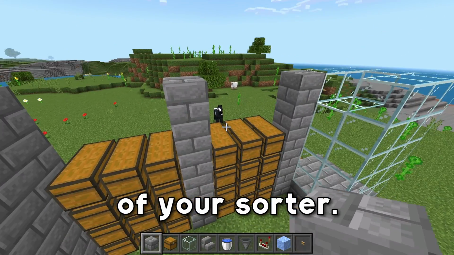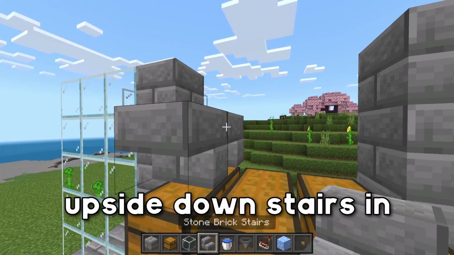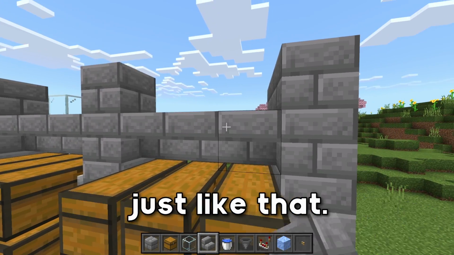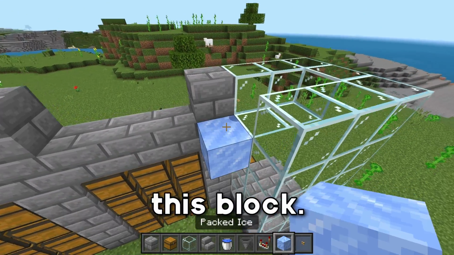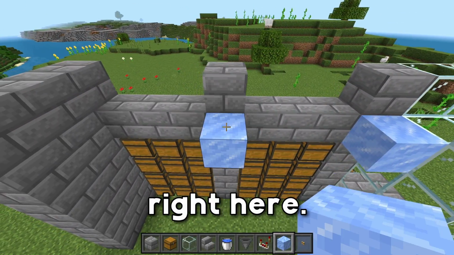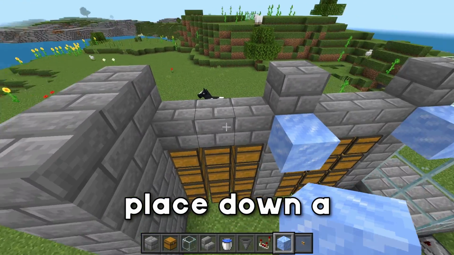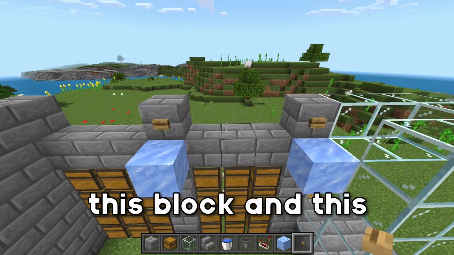We're then going to go ahead and come on this side, place down 3 upside down stairs in every one of these holes above the chest, just like that. Then we're going to come on this side, place down a packed ice on this block, so 2 pieces of glass and then a packed ice, and do the same thing right here. And if we had another segment right here, then we would go ahead and place down a packed ice as well. We're then going to place down a button on this block and this block,